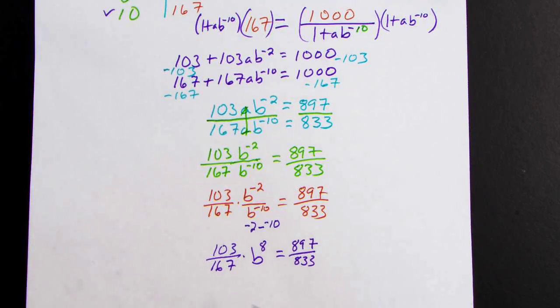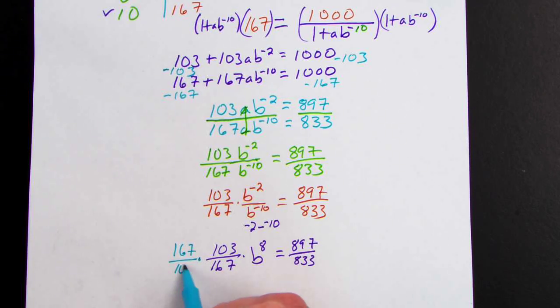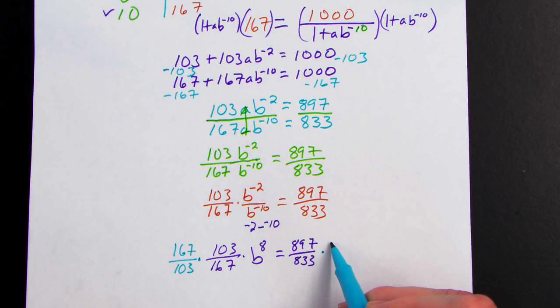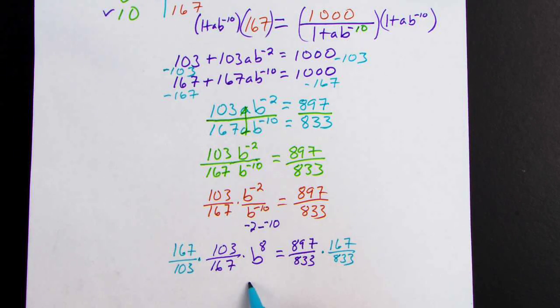Before I can solve for b, I need to get the b all alone now. So this is where I'm going to do my next step of getting this 103 over 167 out of here and move it to the other side. I'm just going to multiply by the reciprocal so that on the left side I get 1, and on the right side I am going to get a very large pair of numbers, giving me b to the 8th